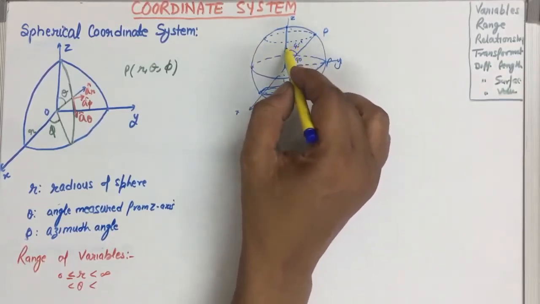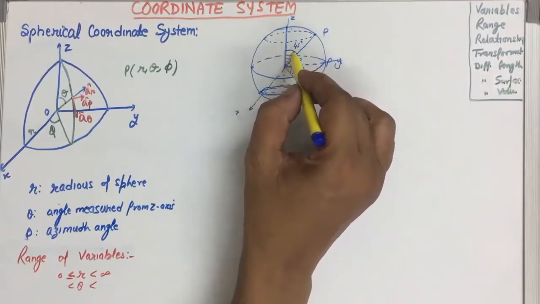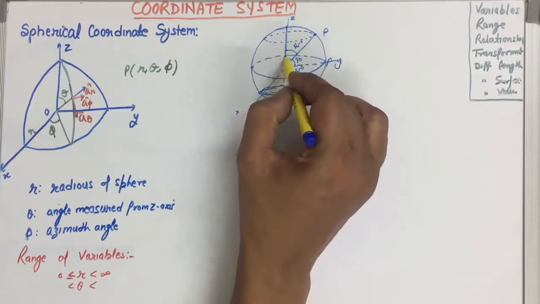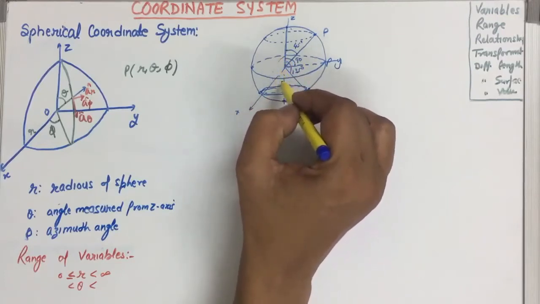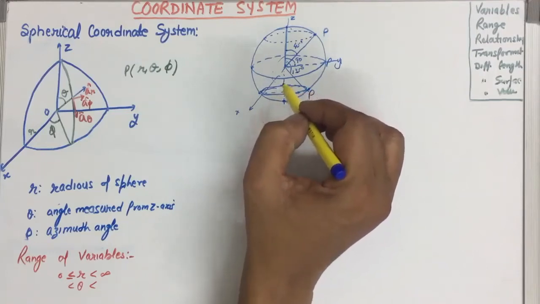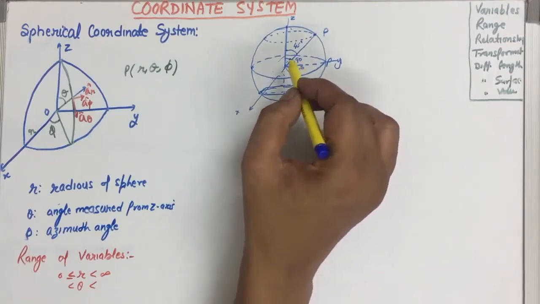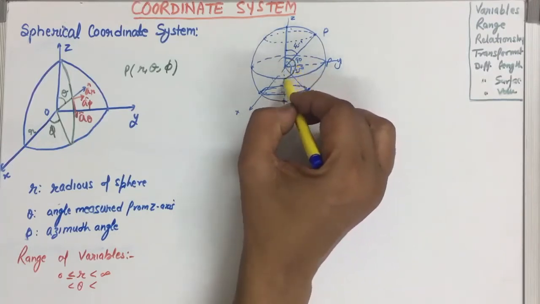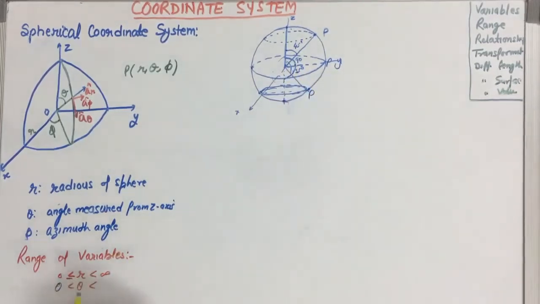It means theta's effective value can be from 0 to 180 degrees. After that, if you are increasing the value of theta, there is no gain. You are increasing without any effective output. So it means that theta can vary from 0 to 180 degrees. Hopefully it is clear.